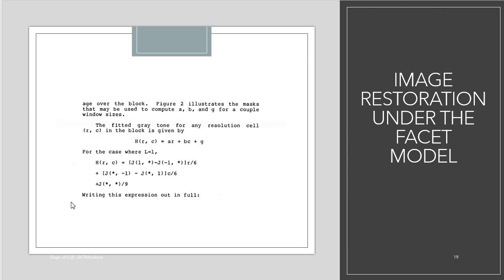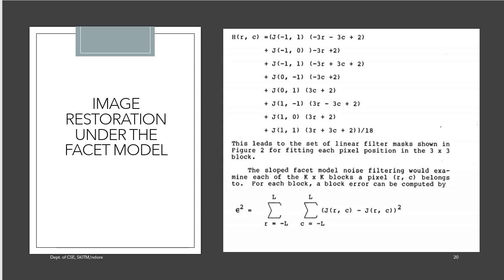So the new fitted value that we have calculated, we are trying to restore the image using the facet model. The spatial coordinates that we have considered. So the image restoration under the facet model is calculated, and the slope facet model noise filtering would examine each of the k cross k blocks a pixel belongs to.